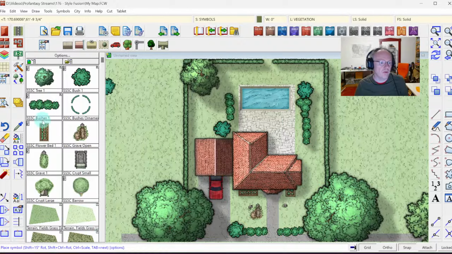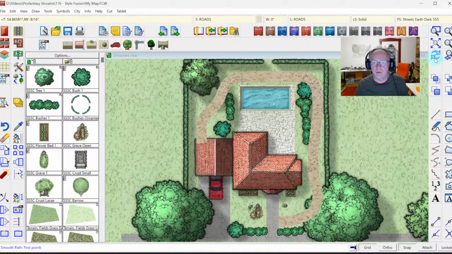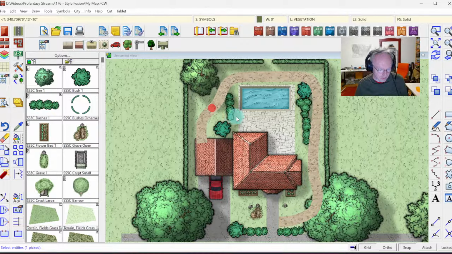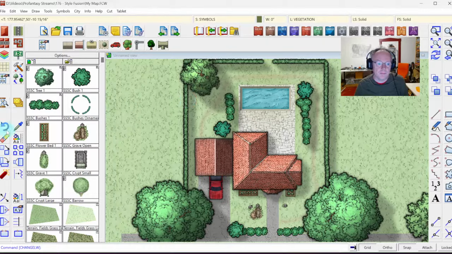So for that we can use our dirt road path, and we're gonna go here from the garage all around down here. There, and that's probably a bit too wide, so I'm going to make this less wide, change line width, and that was 5, so let's just make it 3. And the actual sheet effect here from the old roads sheet comes across nicely and blending it perfectly into the